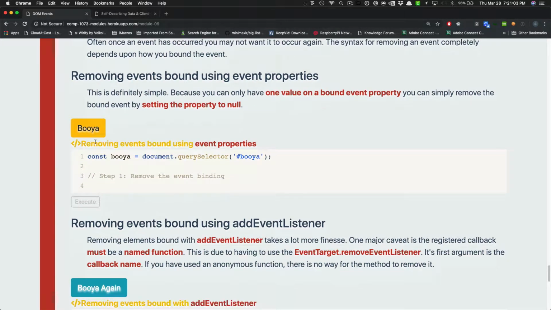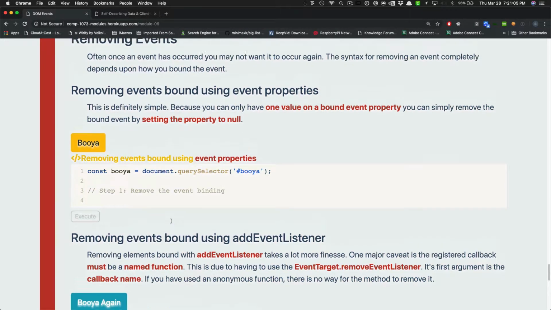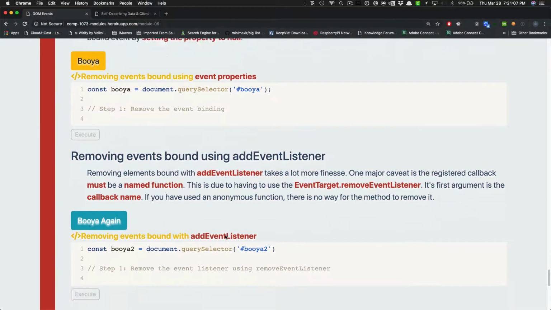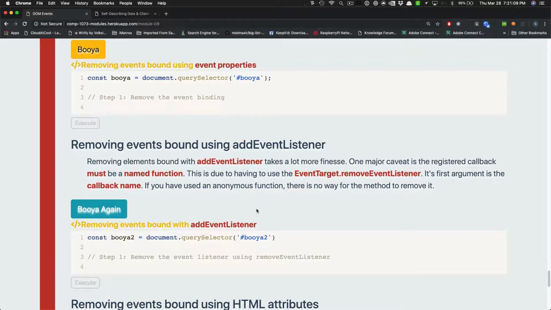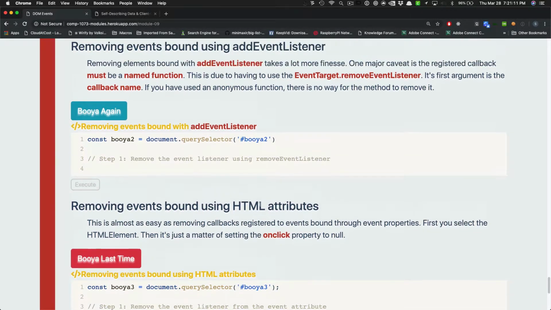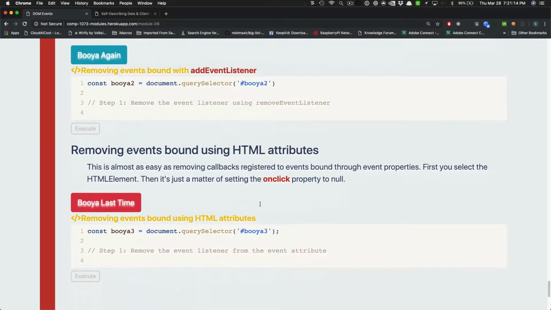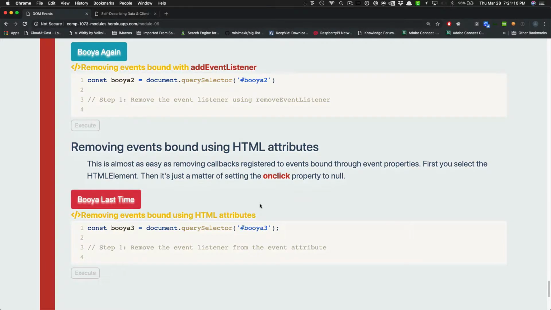And that leads us to removing events, where we show you how to remove events using the event properties, removing events using the removeEventListener, and removing events using HTML attributes. Events applied with HTML attributes are no different than events applied with the event property system. They're exactly the same thing, just one is inline with the HTML, where the other one is actually done